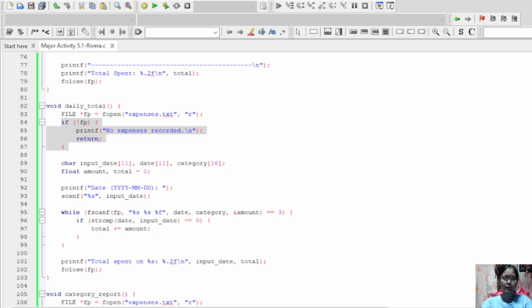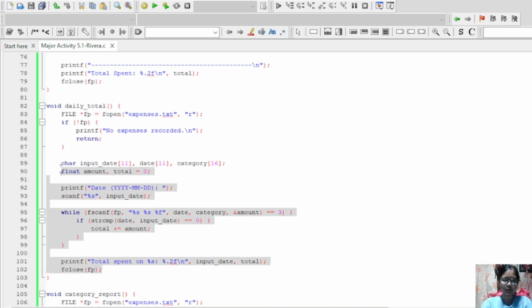For this next line, I ask the user for the date they want to calculate the total for and prepare the needed variables. Then I loop through the file and sum up the amounts that match the specified date, and finally I print the total and close the file.